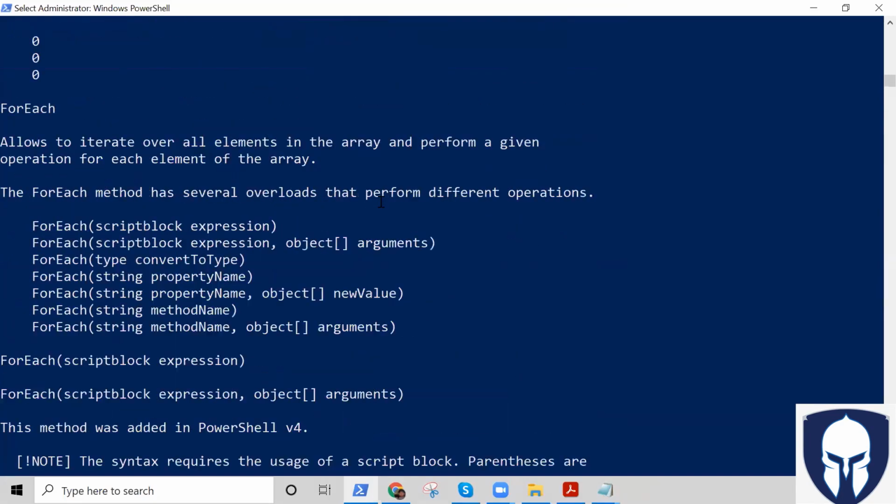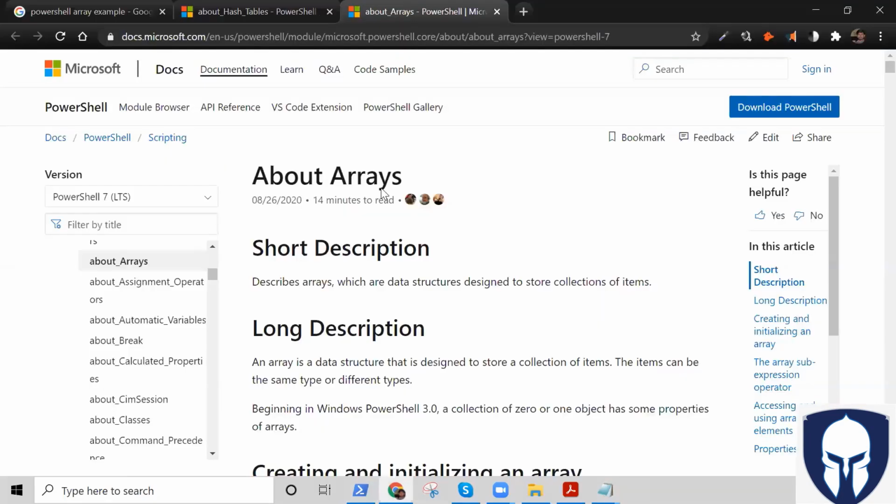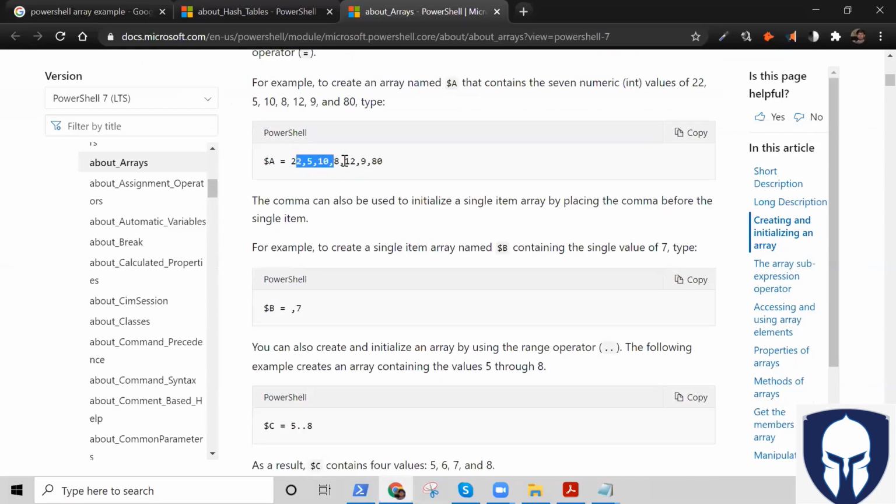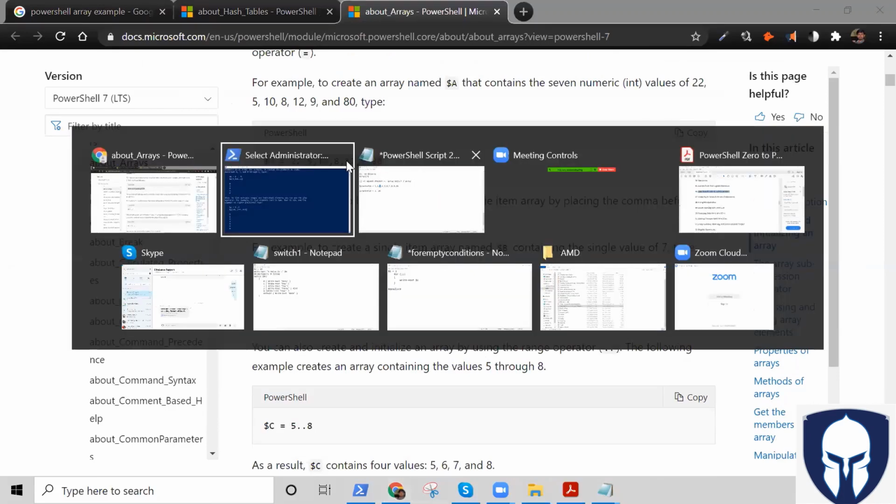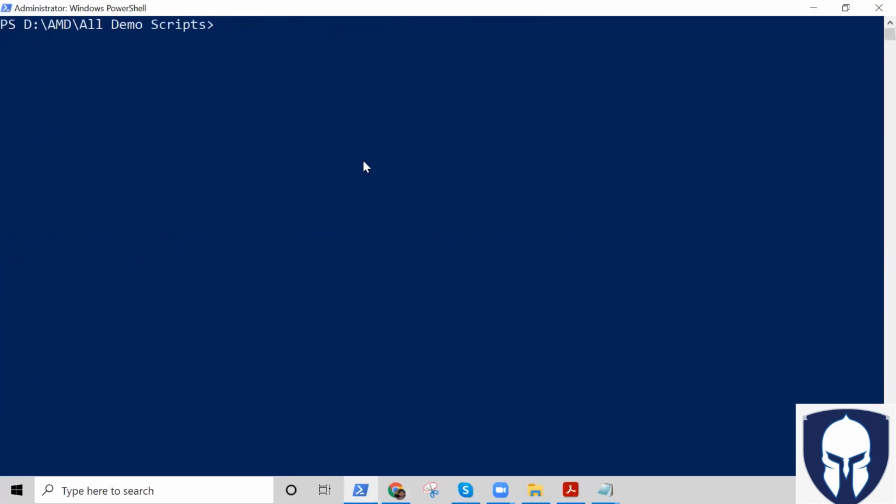Okay, now we'll go with this one. This is more easily readable. This is how we declare, right? It is not mandatory that you have it in an order, 1 to 10 or anything. I'm copying this and then pasting it here. It can be anything. Okay, now $a.count is the total number, and then